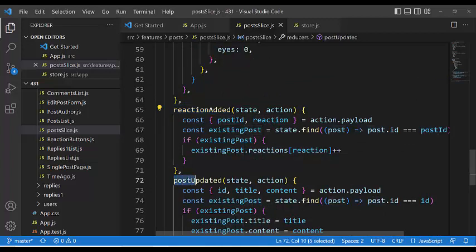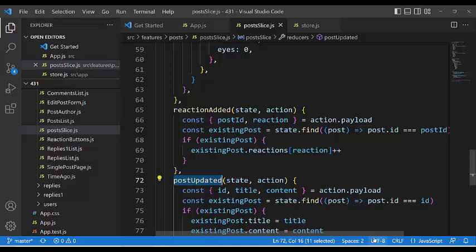Here it is update our post, and every reducer means a different action. In Redux can only go one action, cannot go more parallel actions. Go one action, and every one action means